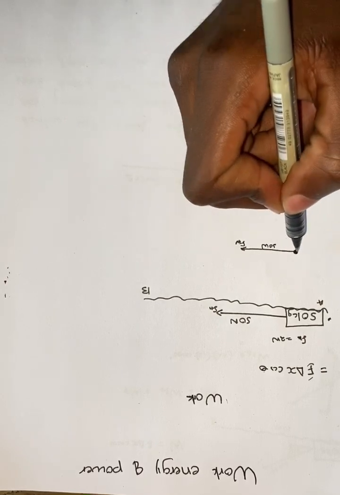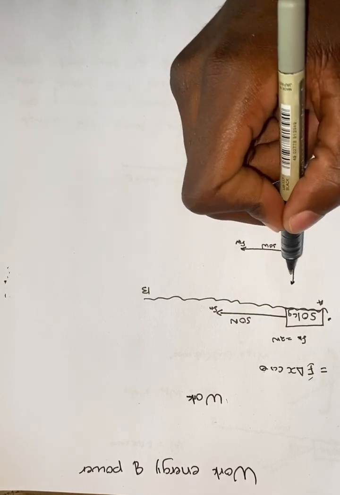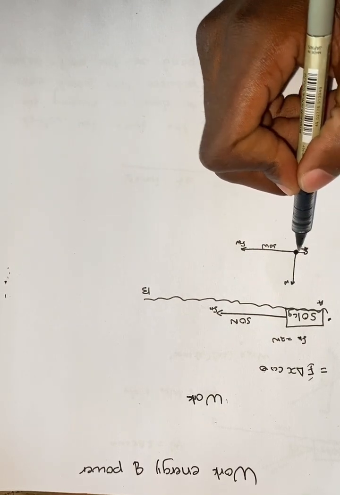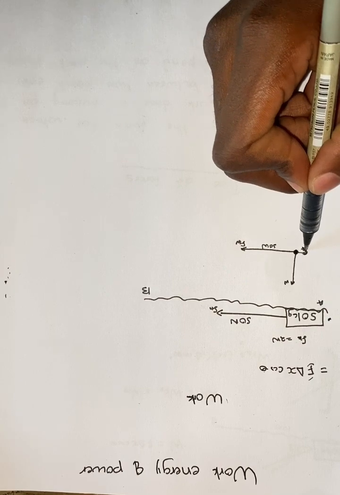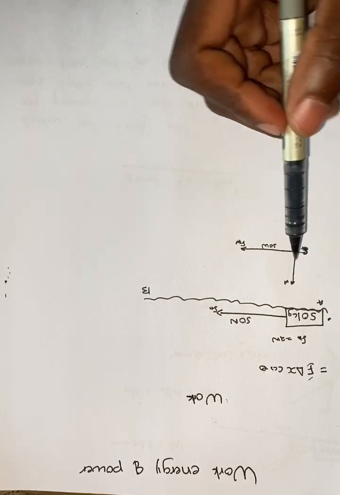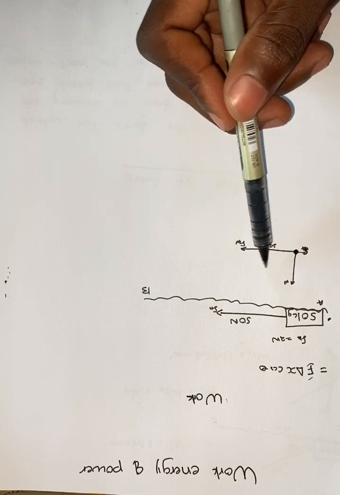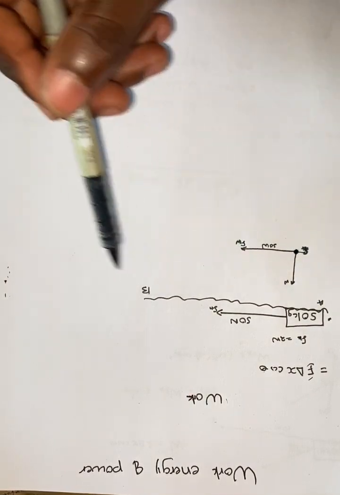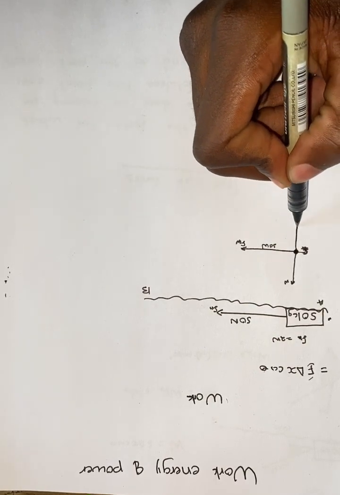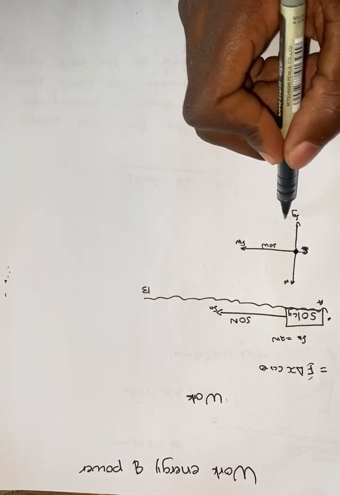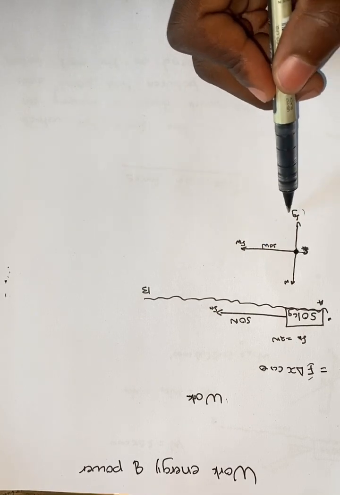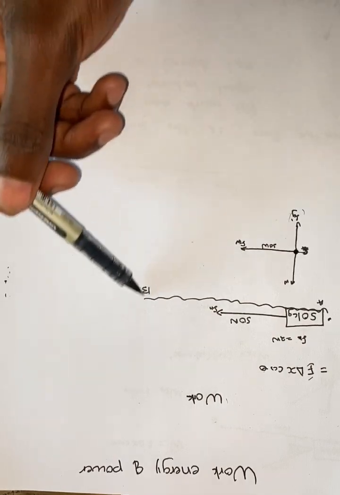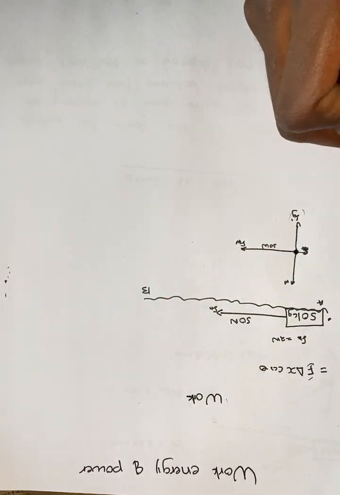of 50 Newton, and it will have the normal force which always acts perpendicular to the surface. It will also have a friction force, and in this case it is a kinetic friction. Why? Because it is the force that opposes the motion of a moving object. That's why it is a kinetic friction. And we also have the Fg, which is also called weight, and it always acts downward no matter what. In order to calculate the total work done by all the forces, that means